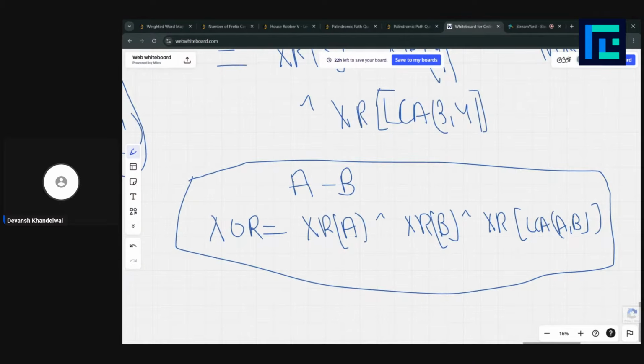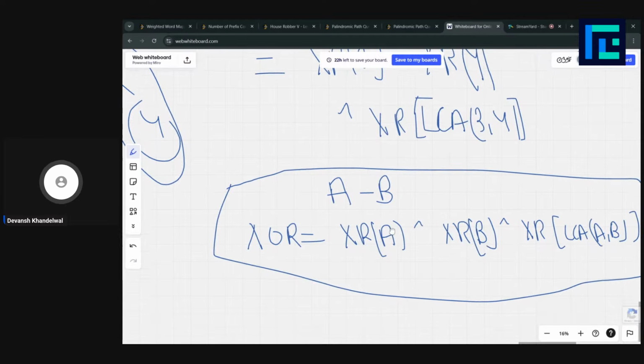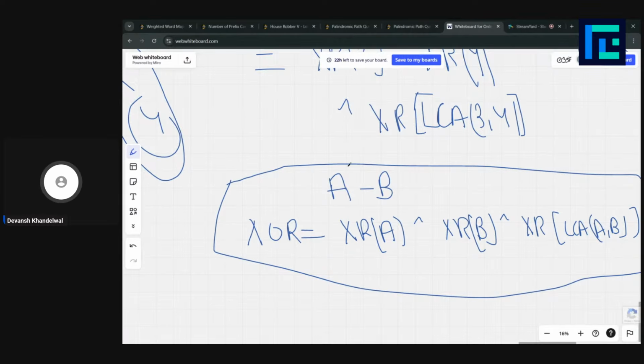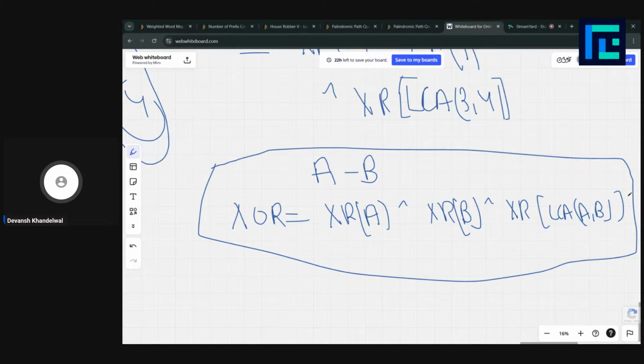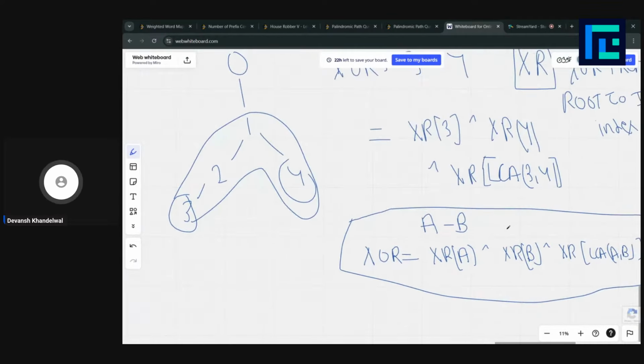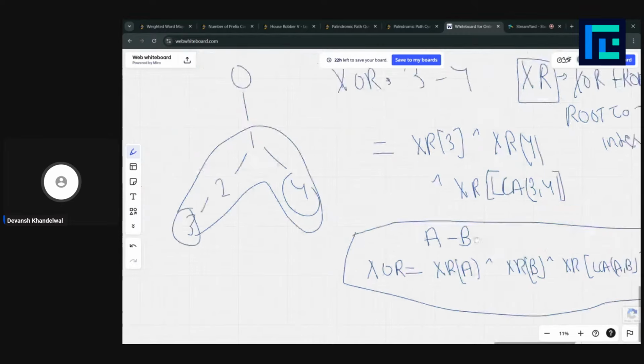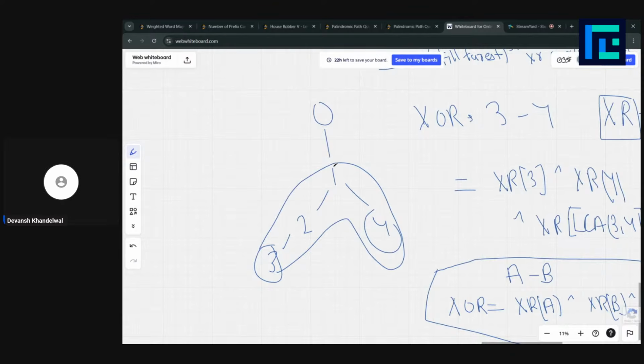How to use segment tree in this? Yeah, I'll actually explain it. I was not able to handle update queries. Okay, let me tell how we are going to handle it. So yeah, for calculating XOR of a path from A to B, we could use this formula. Right. What is LCA? LCA is least common ancestor, which is this one.